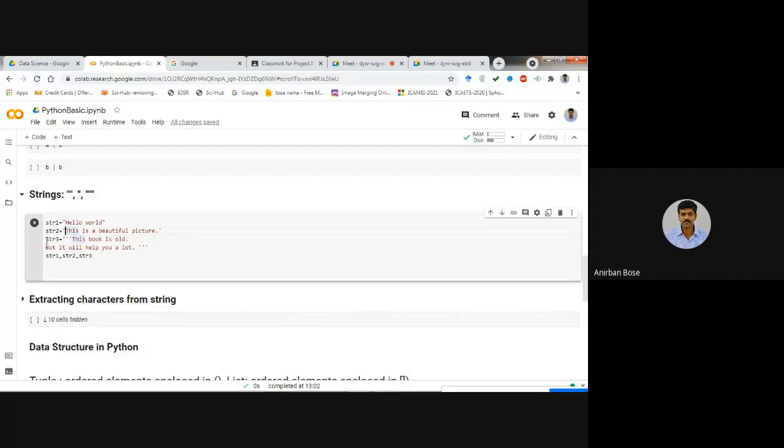Next, you see in string 3, suppose you want to write a string which contains multiple lines, different lines. Not a particular sentence, maybe multiple sentences at different lines. So maybe a paragraph. So in that case, instead of a single quote or double quote, you have to use the triple quote. It will start with the triple quote, end with the triple quote. So a string can be assigned in these three ways. Clear? Any doubt?